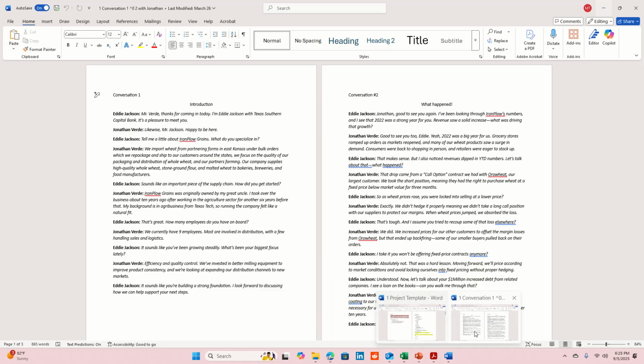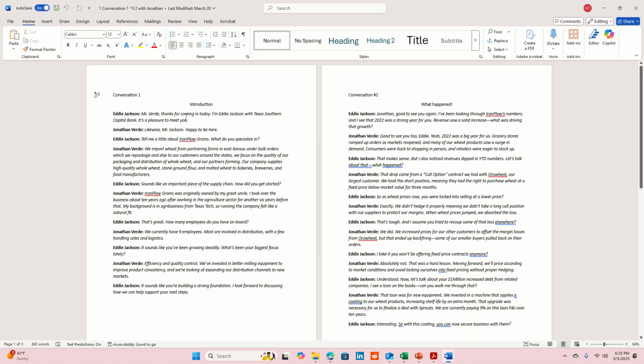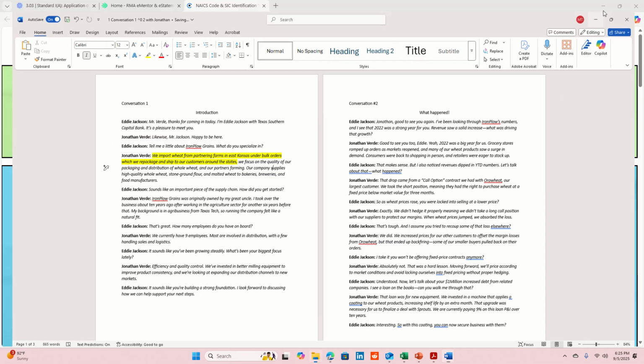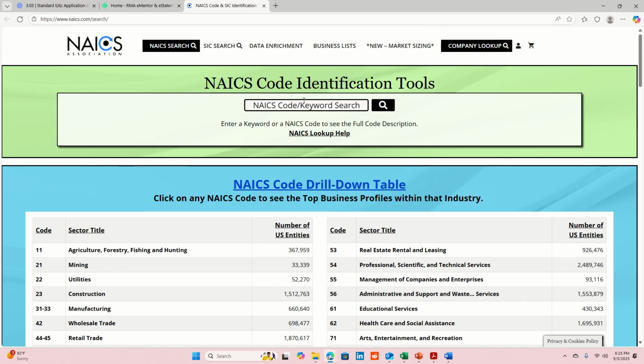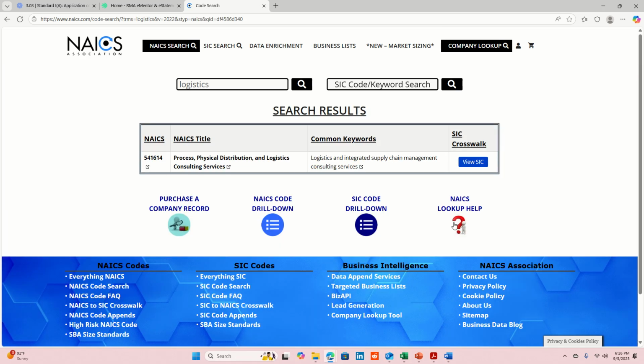And you might be wondering, how do you know it's a logistics company? Well, when you read the conversation, they say we import wheat from partners' farms under bulk orders, which we repackage and ship to customers around the states. So this is a logistics company, and they focus on wheat. So they're a wheat distributor. So what I'm going to type in here is maybe logistics, right? And logistics has a NAICS code